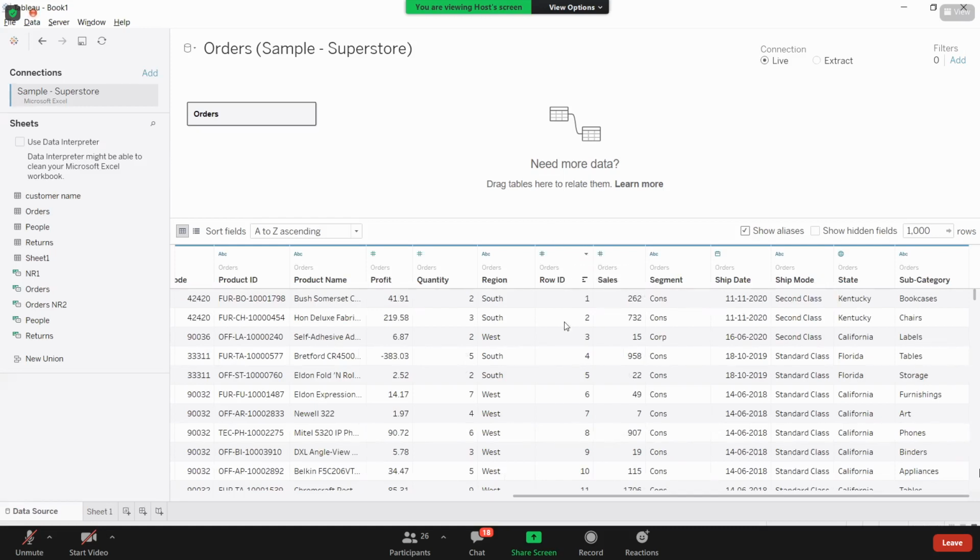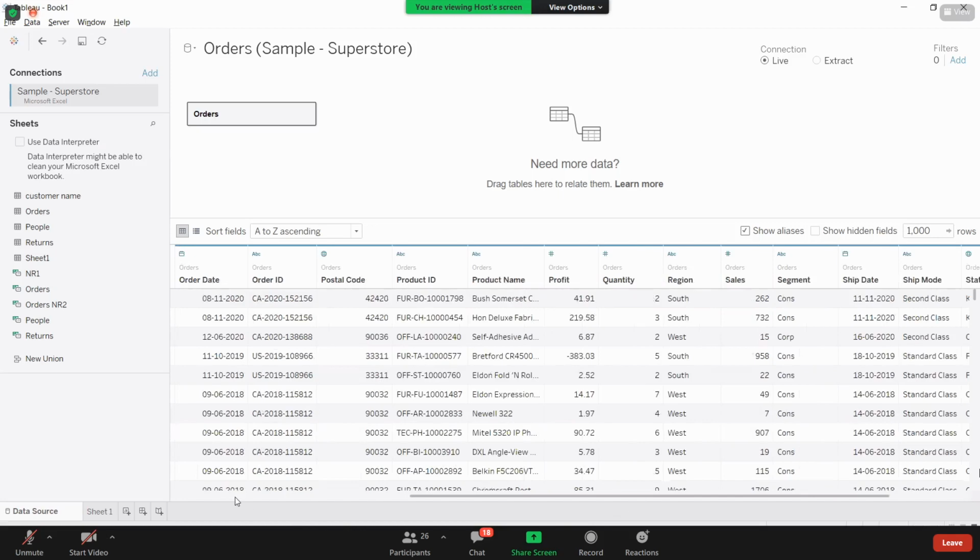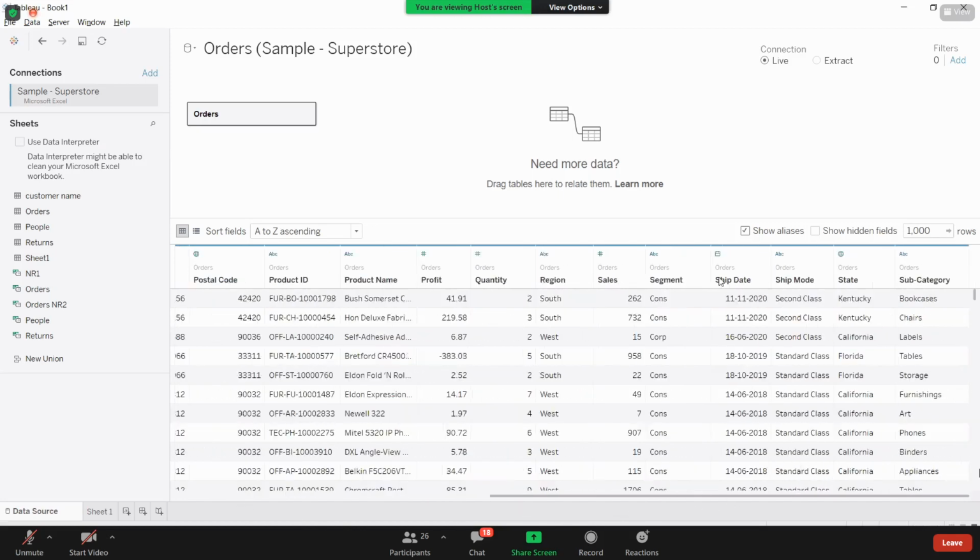Here it is row ID, a field I don't require when I'm working on Tableau. I'm pretty sure about that. This is a not required column here. Just click on this, and hide it. Now it is hidden, and even from the preview it is gone. So whatever you are looking at now is what will go into Tableau.